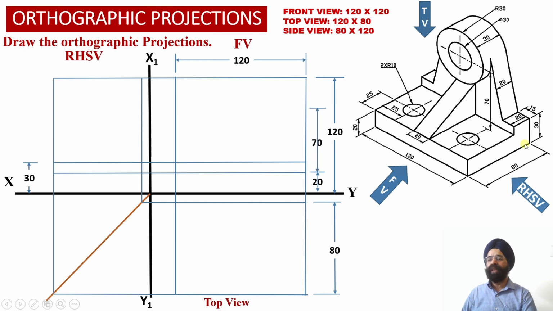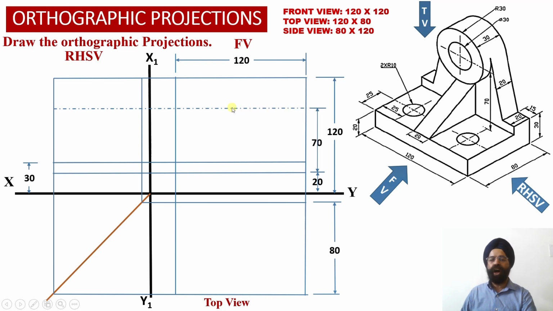Now another thing, we know that the location of this center point corresponding to the circular hub is located at a distance of 70 millimeter from the top surface of this horizontal web, which is measuring 20 millimeter height. So from this surface, now we have marked 70 millimeter height from the top of the horizontal web over here, so that a horizontal center line projection we are able to obtain